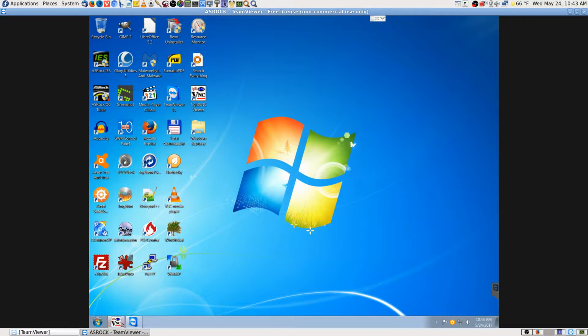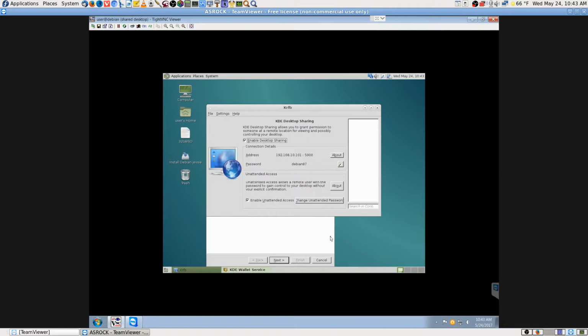Now it made it go away. This is TightVNC. That's what I'm going from the Windows 7 system over to the Debian system here on the Dell 1525